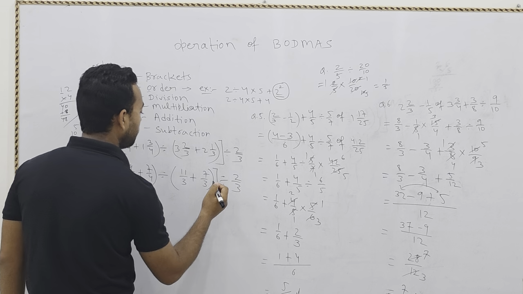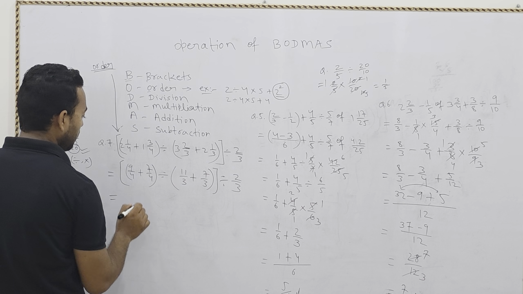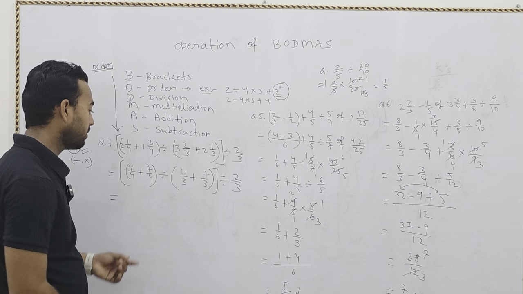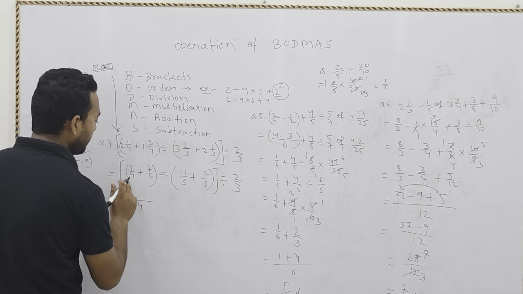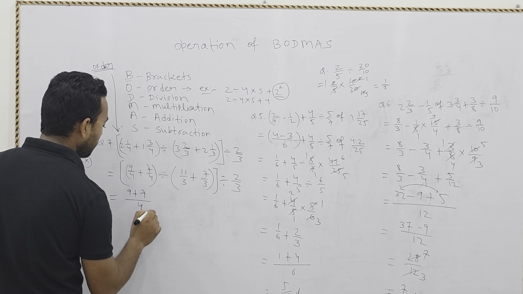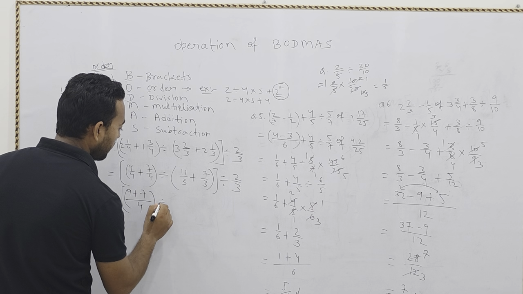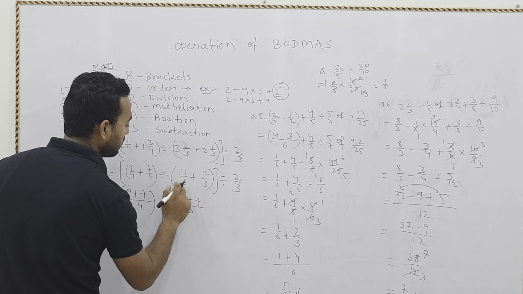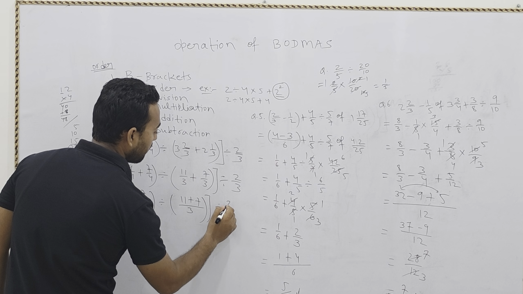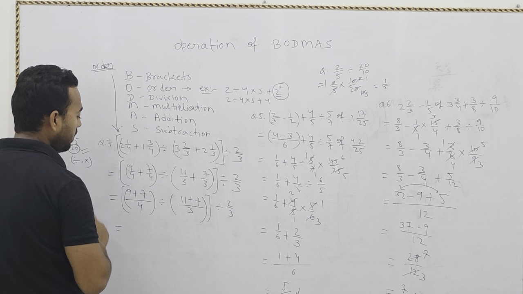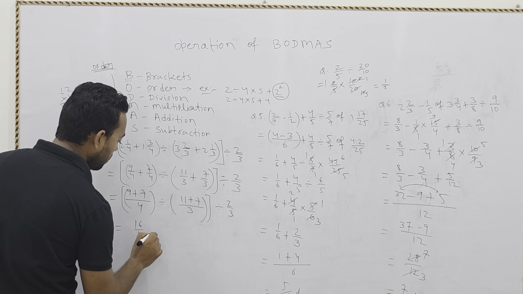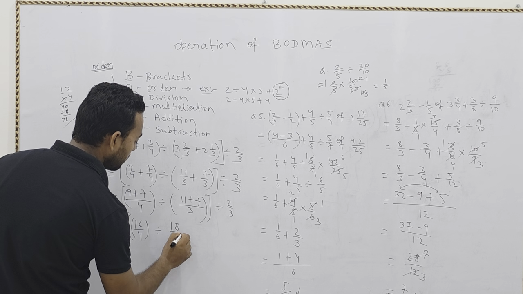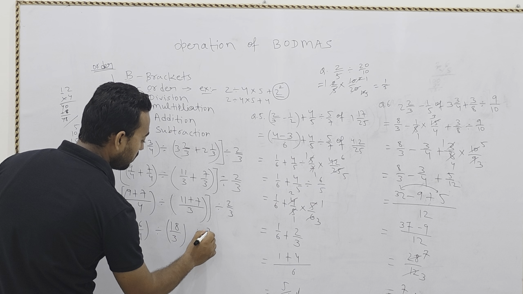2 by 3. It is divided. Now we will take LCM. Earlier in the previous class I told you if denominator is same then it will be very easy for us. As it is we will write here 9 plus 7 divided. Again here denominator is same, 3, 11 plus 7, same as it is we will write here. Now simply we will add here: 16 by 4 divided by 18 by 3 divided by 2 by 3.